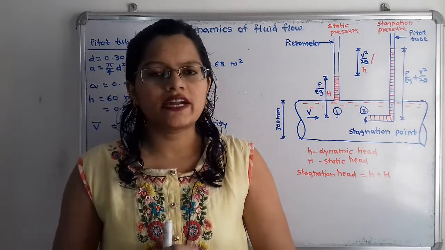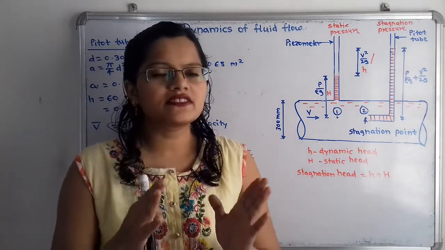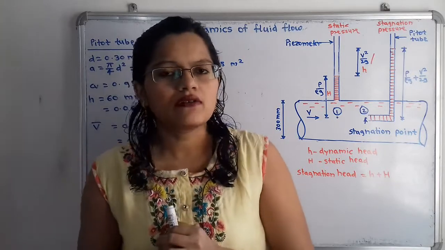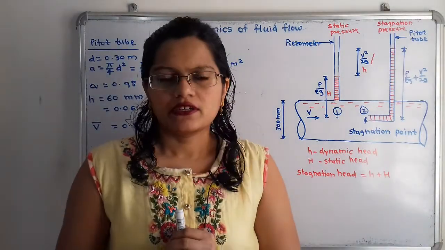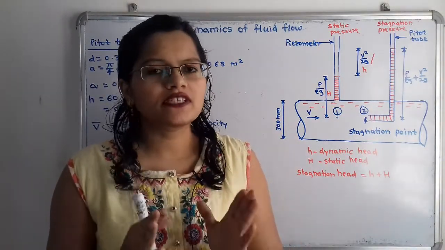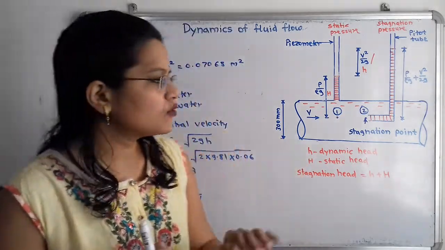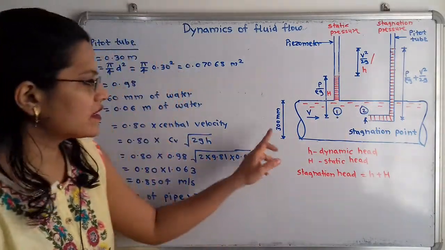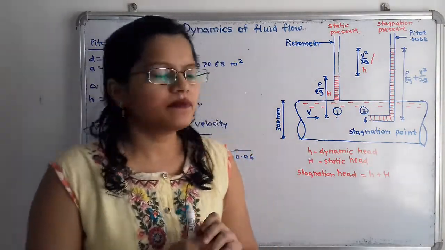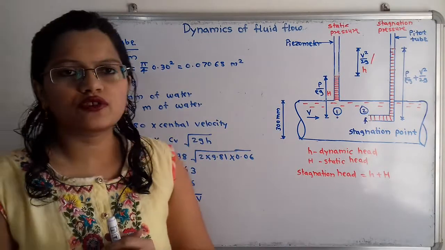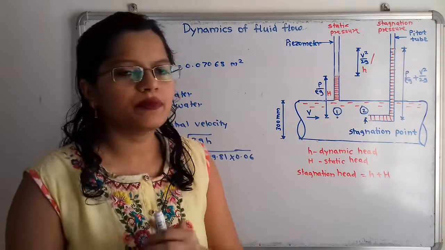Let us first understand the construction of diagram as per the given data. Now here it is given that this is the pitot static tube and one orifice is pointing upstream and other perpendicular to it. So what is the meaning of that, or what is the structure of that pitot static tube? So we will understand that. So we have to draw here pipe with given diameter, that is 300 mm. Now one orifice is pointing upstream, that means we have to draw here one piezometer and one perpendicular to the stream, that means here we have to draw the pitot tube.